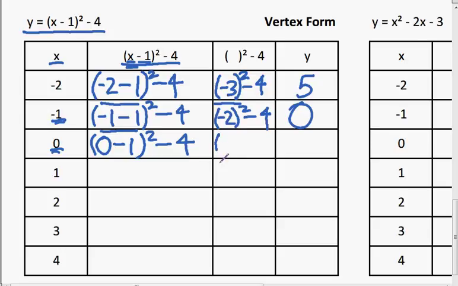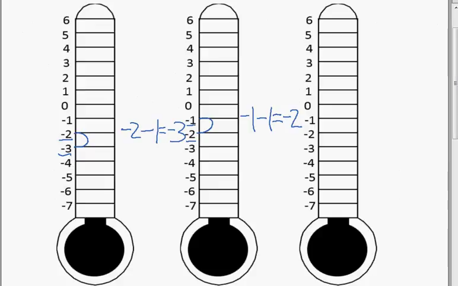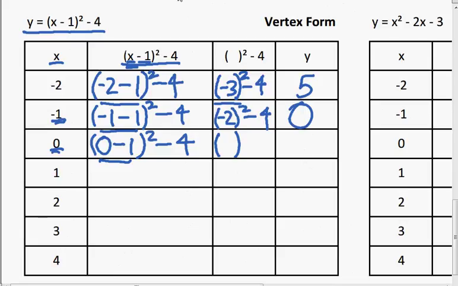Now, for this one, the first step, I do 0 minus 1. Thermometer, I start at 0, and I do minus 1. At 0, I go down 1, and I end up at -1. 0 minus 1 equals -1. So I get -1